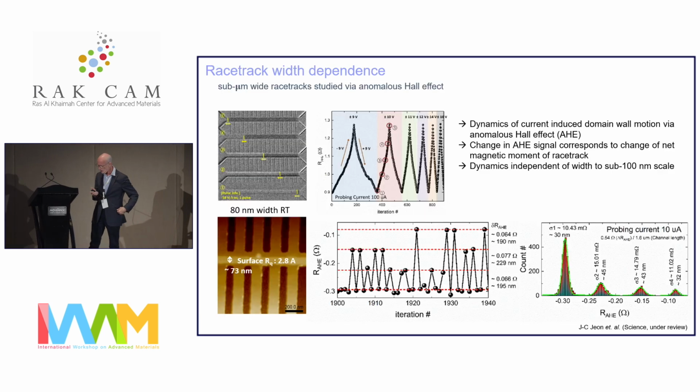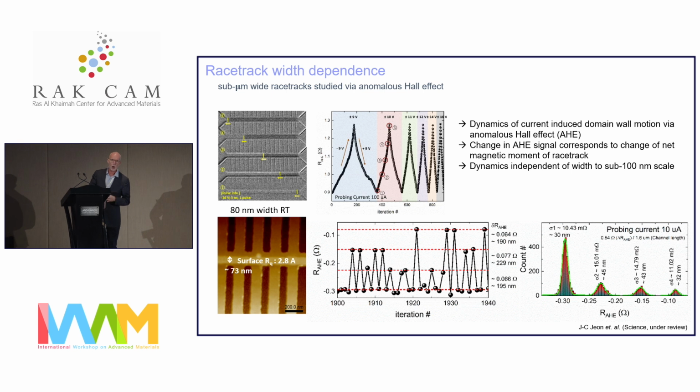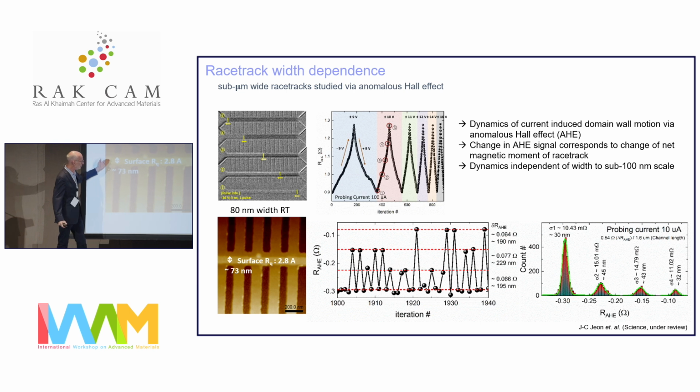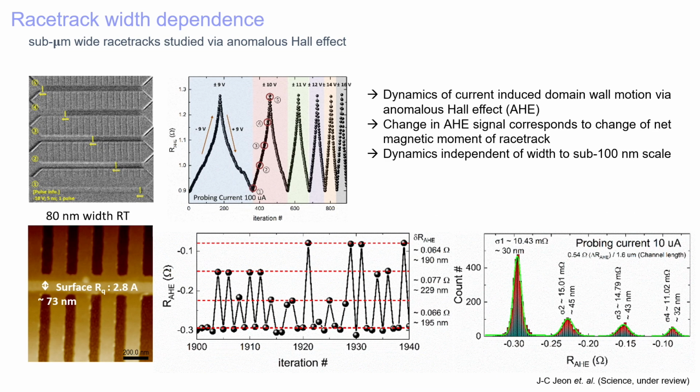And I just wanted to show recently what we've demonstrated. Instead of optical techniques, we can build into a racetrack whole sensors. So this is the racetrack. This region is 73 nanometers wide. And on the sides, we build into that heavy metal layer, formed from platinum, these extended wings. And this is where we measure the local voltage, the Hall voltage that is generated by passing a current